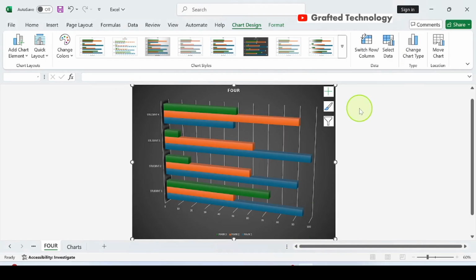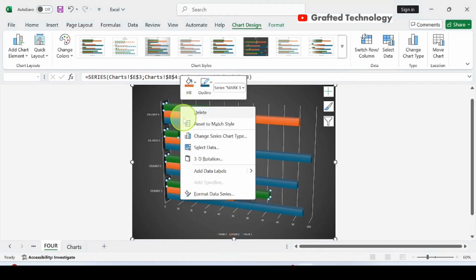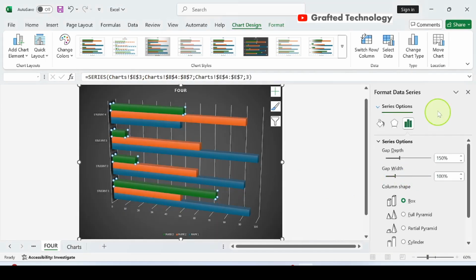Let's go ahead and change the chart colors. Assuming you're working on a project and you do have a theme color for your project, you might as well change your chart to those theme colors. Now, this is how to do that. Hover your mouse and right click any of the data bars. This is green, so I'll right click on the green. Now hover your mouse down to where you see format data series, click on that